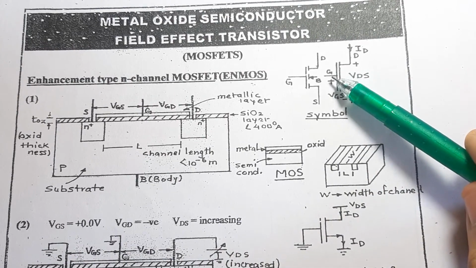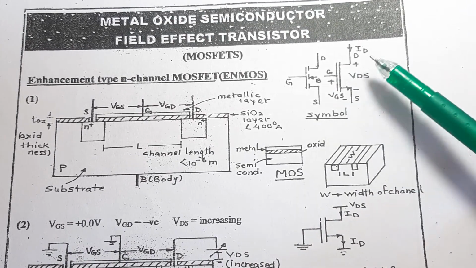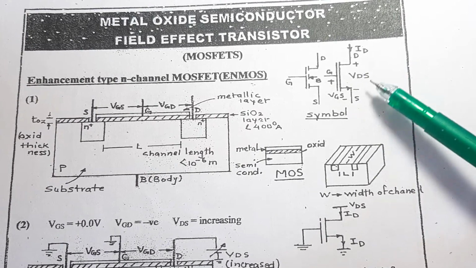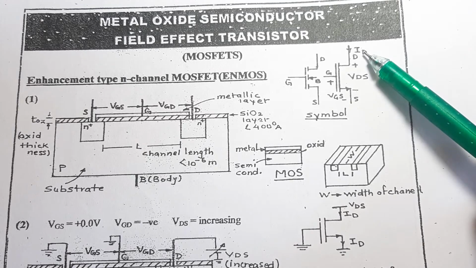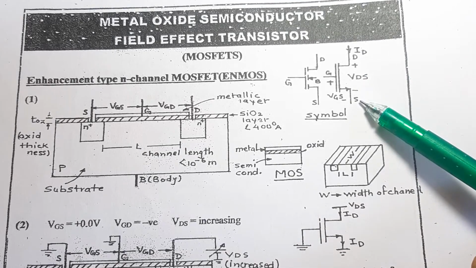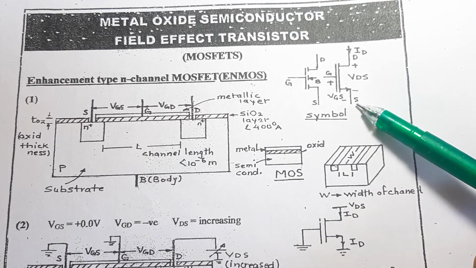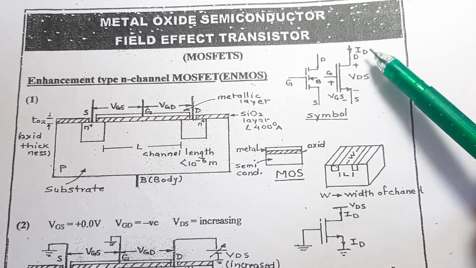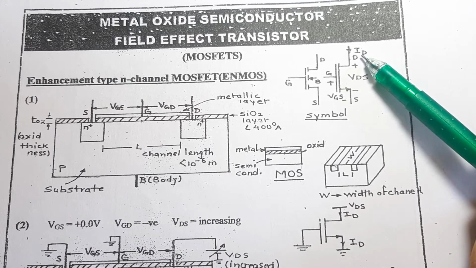Now the voltage between the gate and source terminals is given by VGS. The voltage between the drain and source terminals is given by VDS. The current ID will also play an important role, since there is a single current flowing through the MOSFET. Since it is a field effect transistor, the input current will be zero, and there will only be an output current named ID.